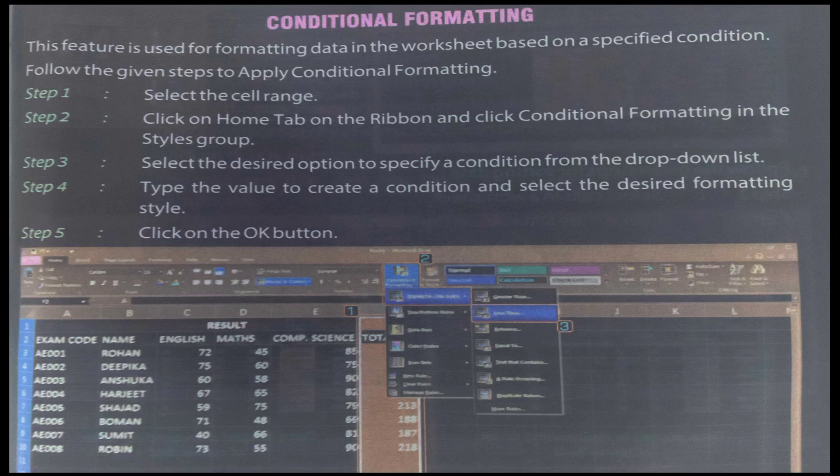Step 3, select the desired option to specify a condition from the drop-down list. Step 4, type the value to create a condition and select the desired formatting style. And step 5, click on the OK button. And the output will be shown as it is shown on your screen.